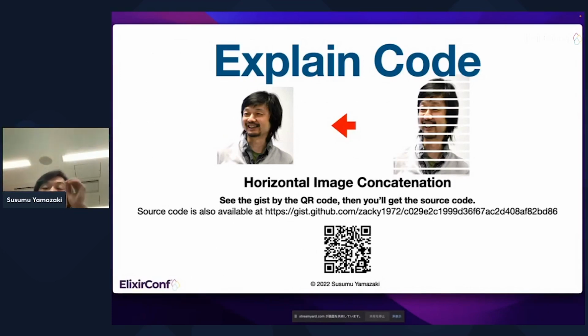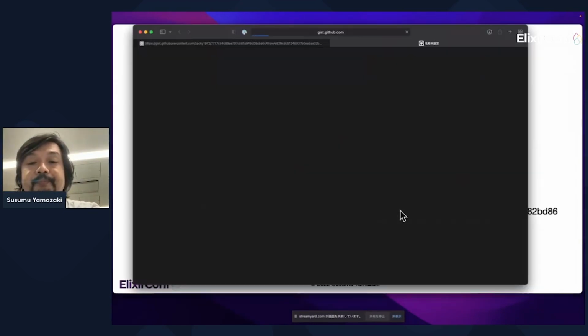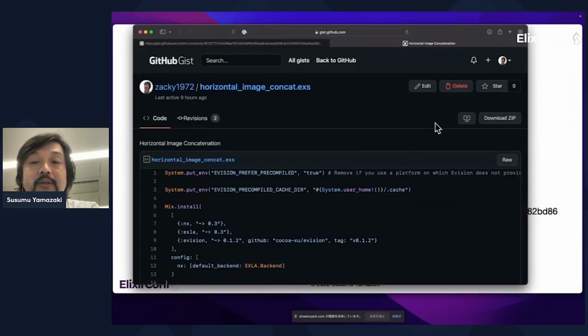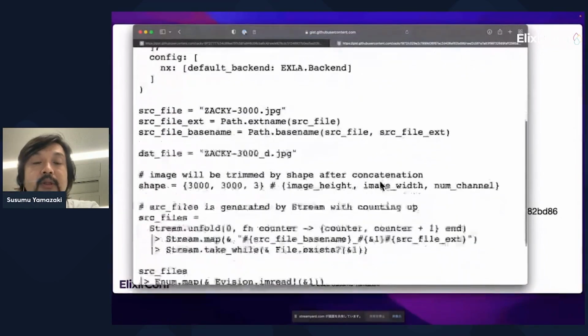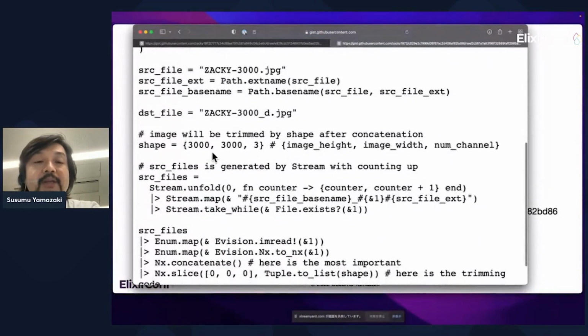The next example is horizontal image concatenation. The image will be trimmed by shape after concatenation: image height, image width, and number of channels.